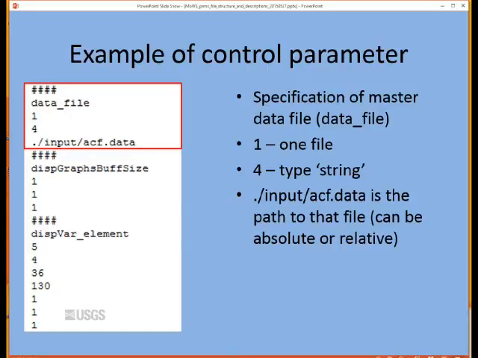And then we actually put the path and the name of the data file on that last line, and you can either use absolute paths or relative paths. So here, using the /, we're actually using a relative path to get to the input directory to go to the data file, which you could do all the way out from C://, so that it would find it from all the way outside.